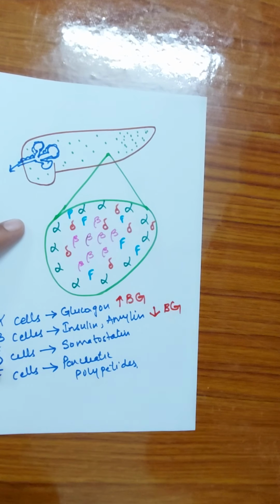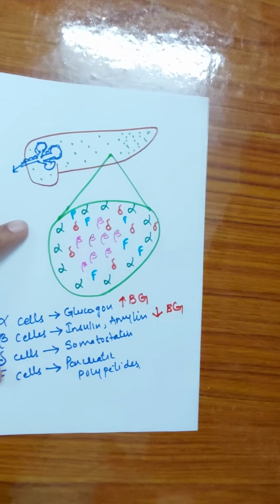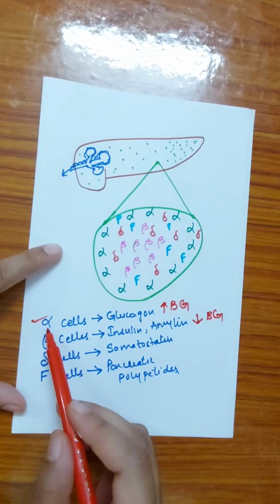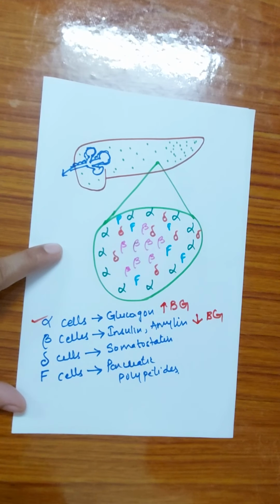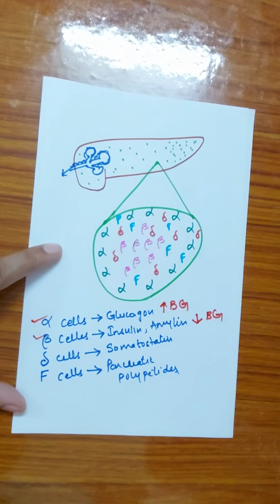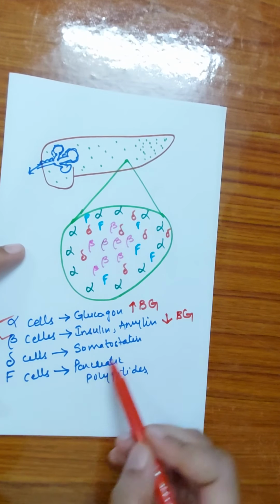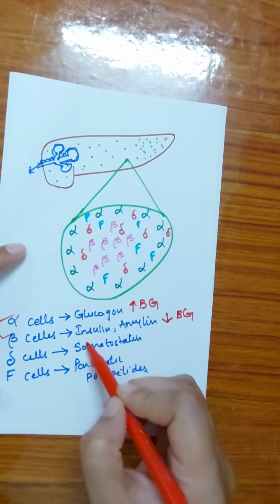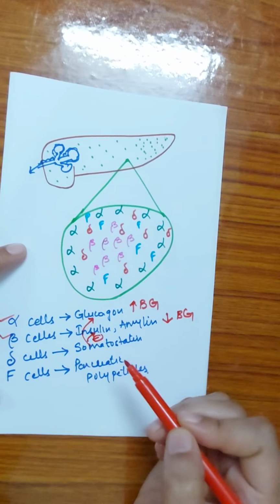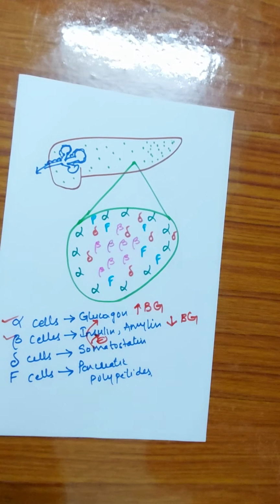Now when the blood glucose level is reduced beyond its limit and has gone to hypoglycemia, under that condition the alpha cell will get activated. So the alpha cell will get activated when the blood glucose level is very low, and the beta cell will get activated when the blood glucose level is very high. Next, about the delta cells that release somatostatin: somatostatin is the inhibitor of both insulin as well as glucagon. So somatostatin will inhibit both the alpha as well as the beta cells.